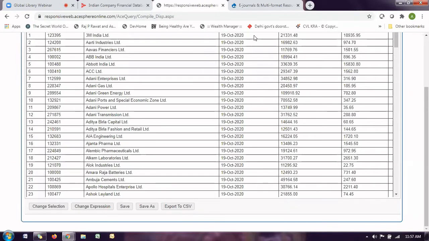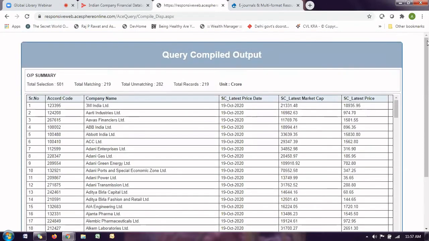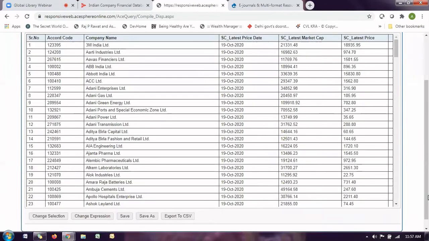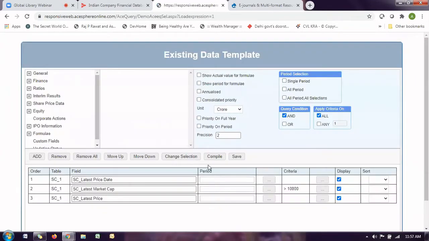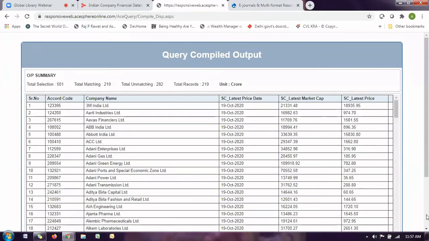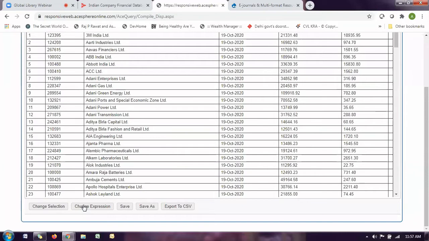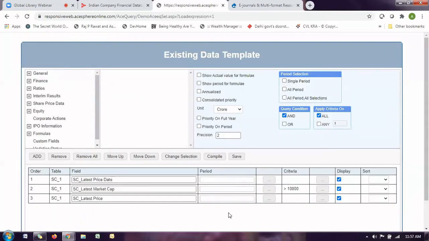Now, this query is fine, but I want to modify it, so I can click on change expression. When I click on change expression and come back to the same window, I also want their quarterly results.